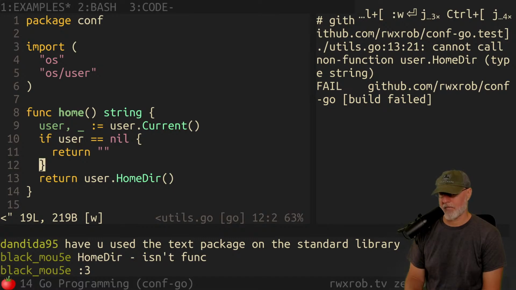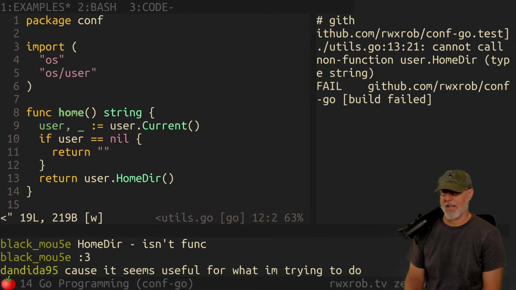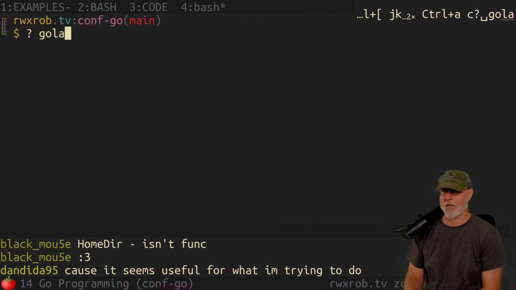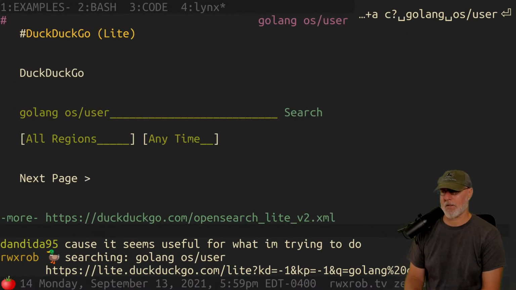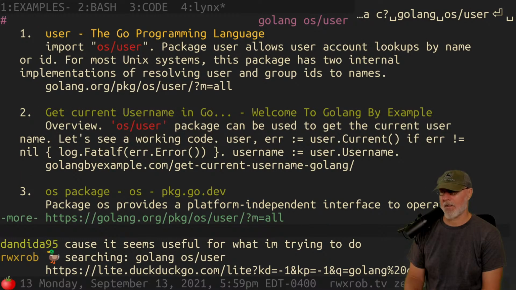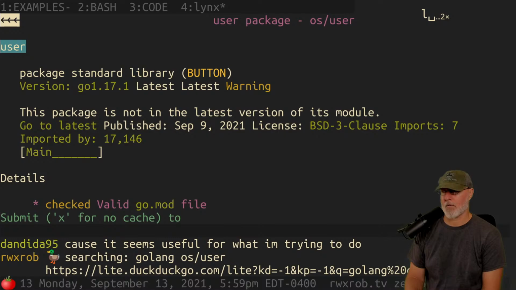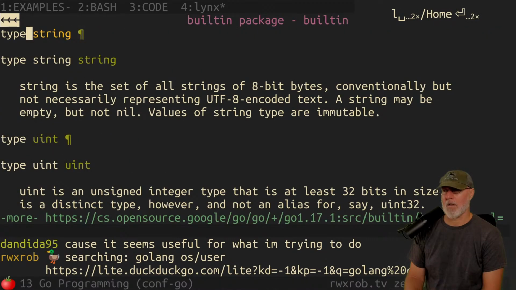What did I have there before? I don't remember. Golang, /user. I forget the name every time. Where is it?